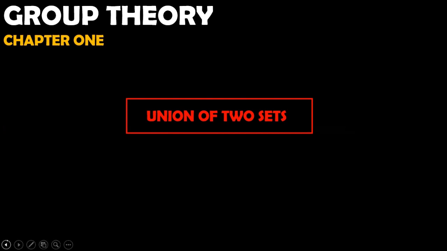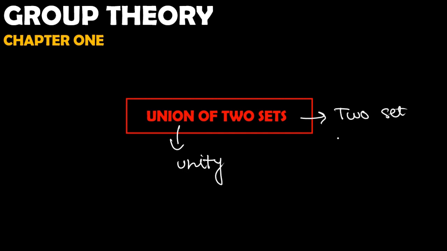Okay, our next topic is union of two sets. If we have two sets, how we can find the union of them? Union means together, unity. Exactly. If I have two sets A and B, then